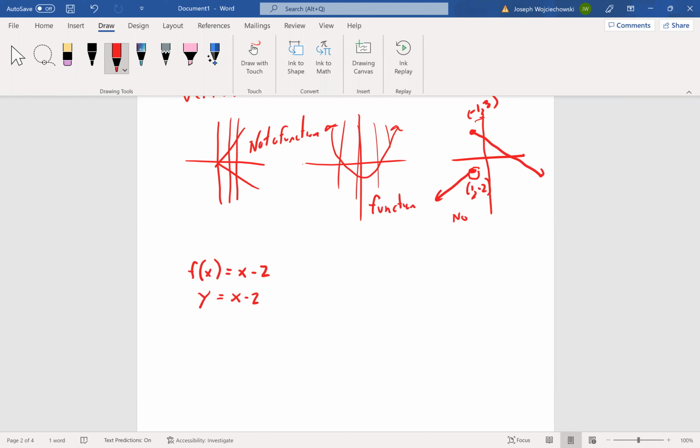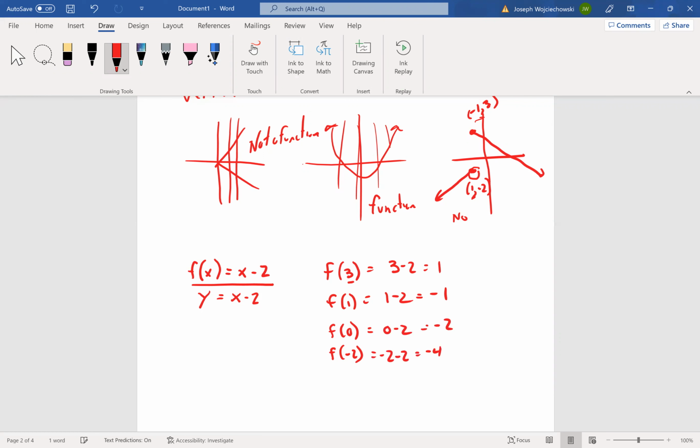Now the notation we'll look at is we might have something like this. Find f of 3 and f of 1 and f of 0, and we could do f of -2. All this means is take this and replace x with this. I have 3 minus 2, which is 1. Here I have 1 minus 2, which is -1. Here I have 0 minus 2, which is -2. And here I have -2 minus 2, which is